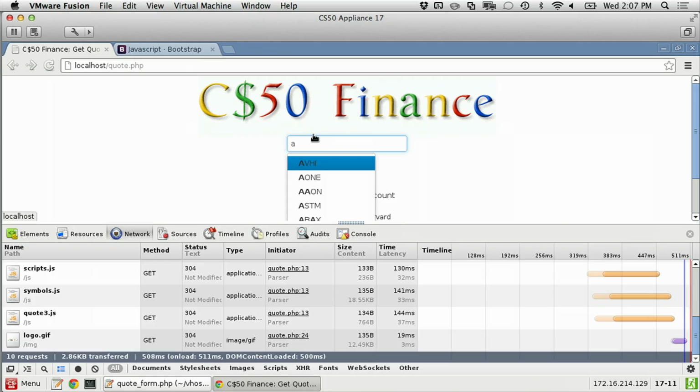I had one line of code that just said, here are the things I want to autocomplete on. And suddenly I have this really, really nice functionality with really not a whole lot of effort at all. And as you're developing websites, and particularly the front-end side of things, you're going to find this is the case a lot. There are a lot of really cool free libraries out there that make it super easy to do